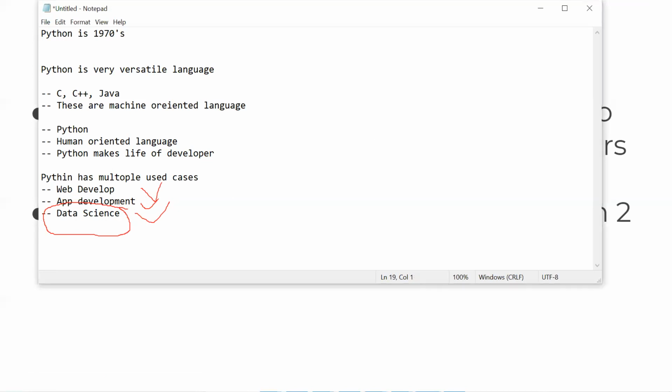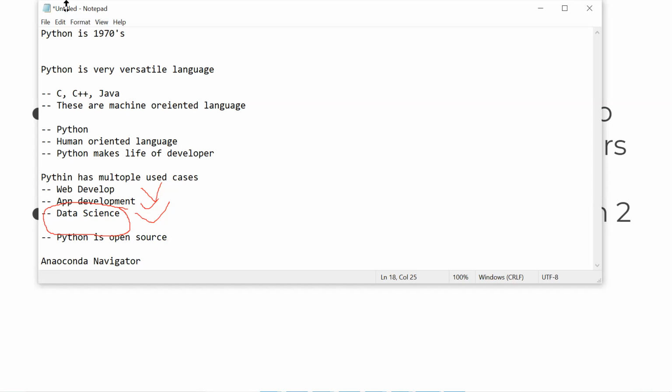Now, in order to use Python, you all have installed Anaconda Navigator. Just to tell you a point over here, Python is open source. What do we mean by open source?